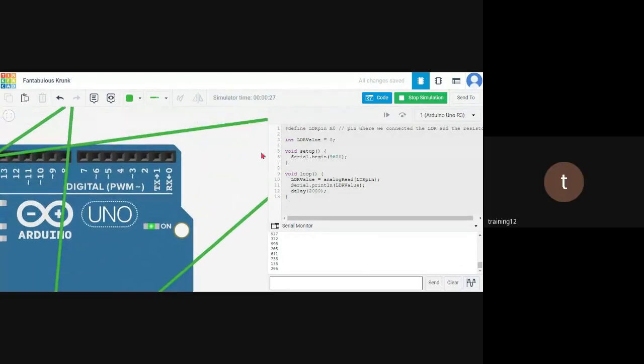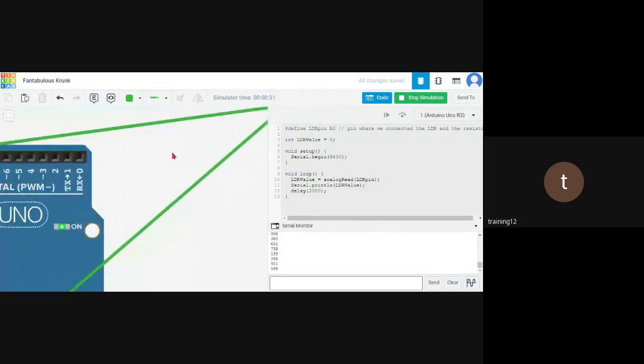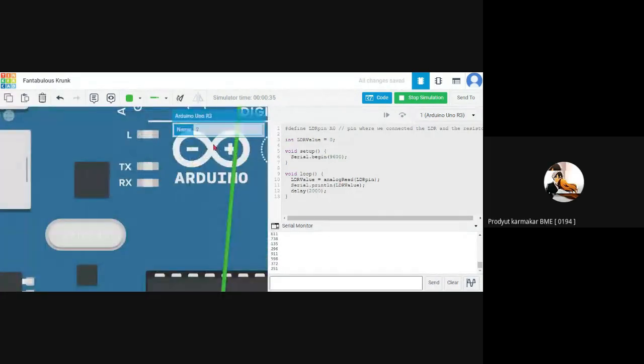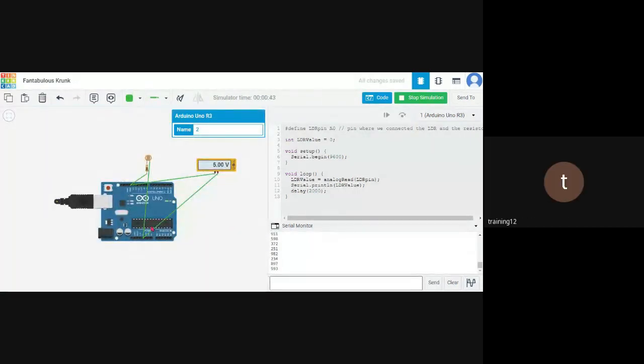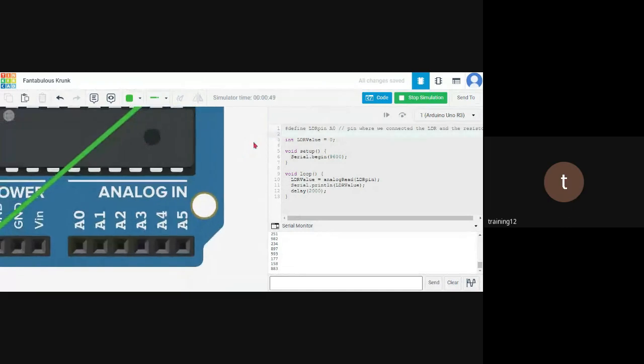হ্যাঁ, কারণ এখানে দেখো ডিফাইন এলডিআর পিন A0 দিয়েছে, বুঝেছো তো? তাহলে ওখানে তোমার ভোল্টেজটা এবার ভ্যারি করবে যদি A0 এর সাথে কানেক্ট করো। A0 মানে কোনটা? নিচে অ্যানালগ ইন বলে লেখা আছে, নিচে ডান দিকে দেখো, এই যে A0।